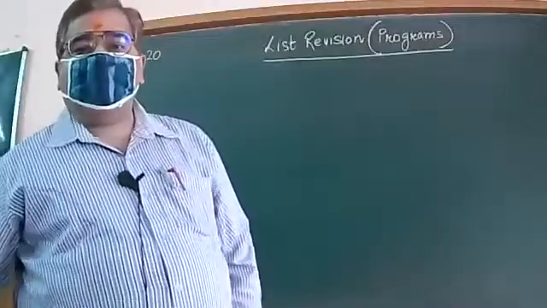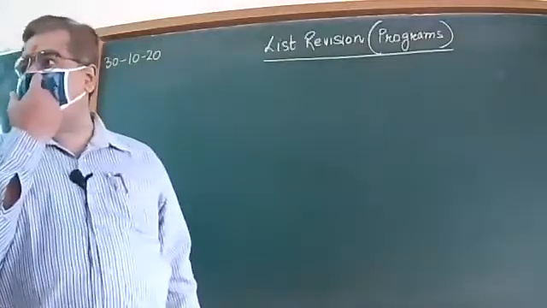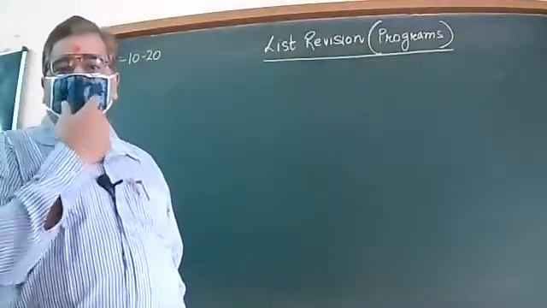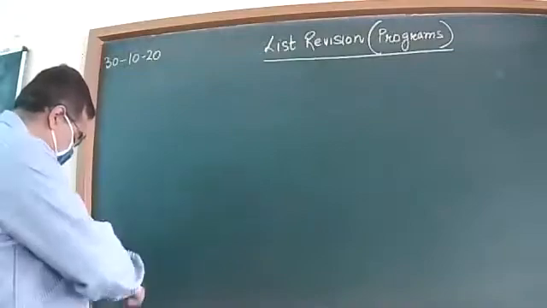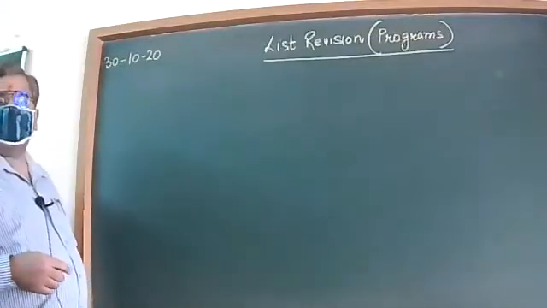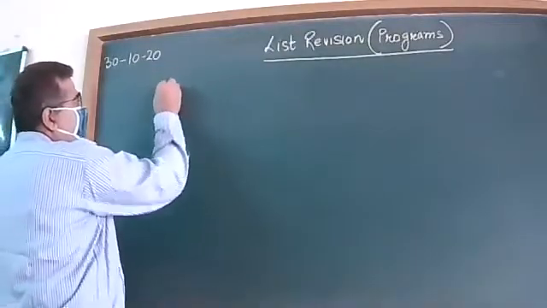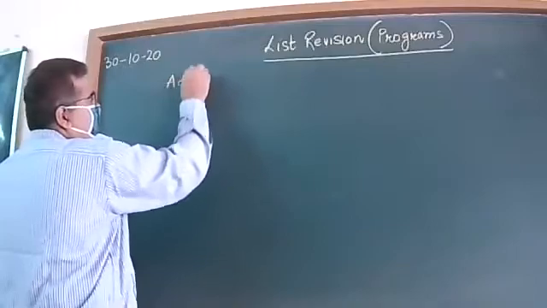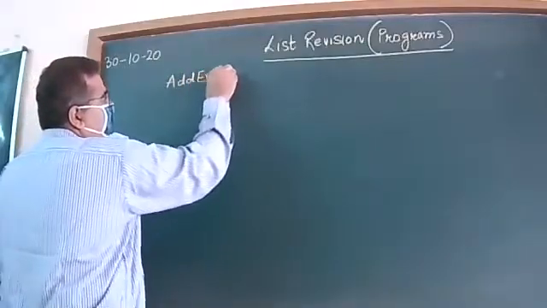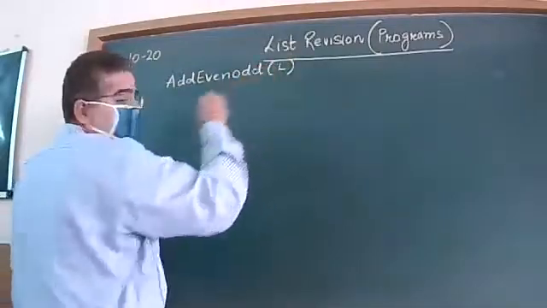So our today's lecture is the revision of list programs, right? I start with the first program that came in the 2019 batch. The question is, a function is to be created with the name add even odd, which takes list as the